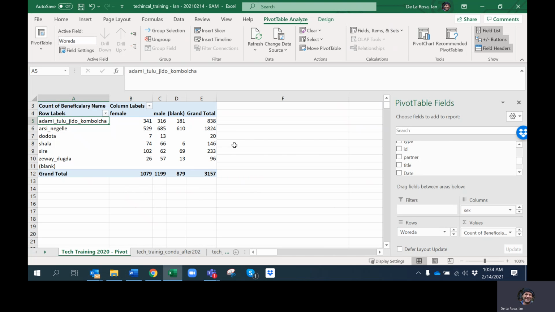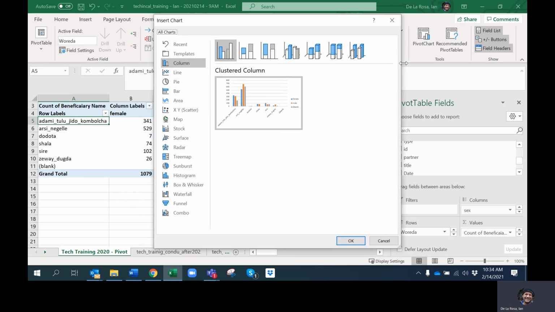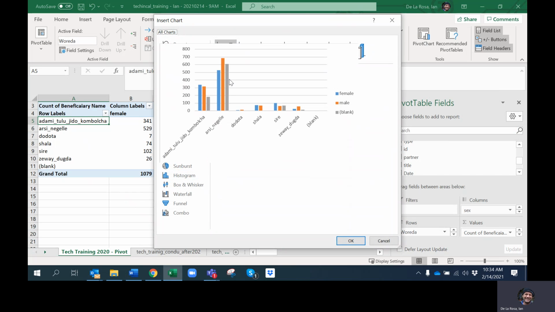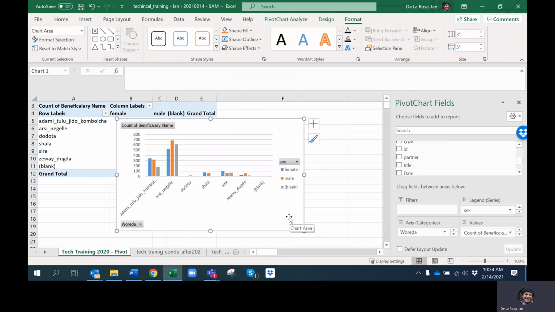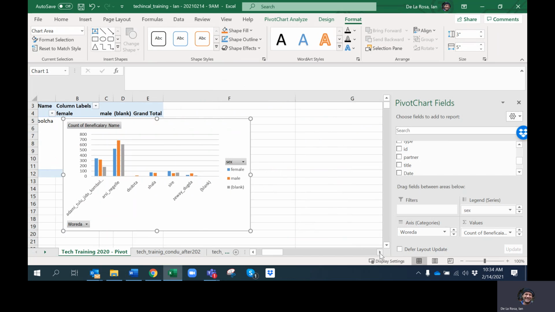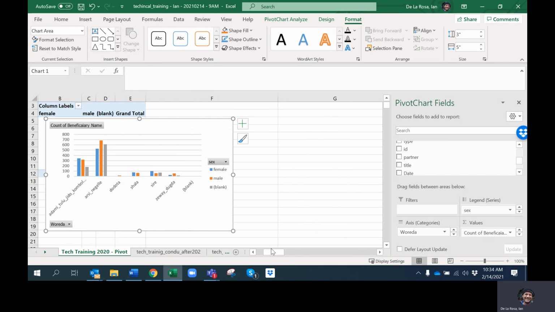And what I say is, this is a lot of numbers, and many of us don't spend a lot of time looking at numbers. What we end up doing is we take a look at graphs. So you notice here, I just clicked this pivot chart, and it's nice because it now gives us some options. Column is the default, and now we can click that. So what do I mean by that? We now have,